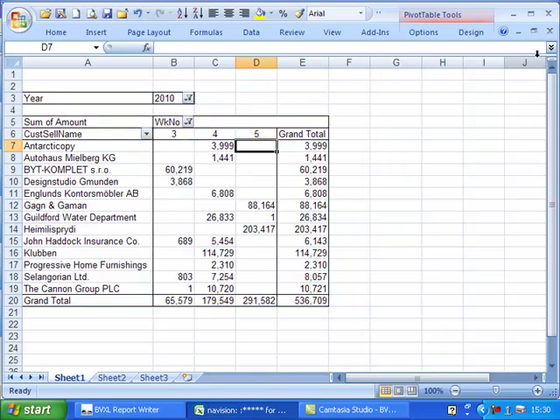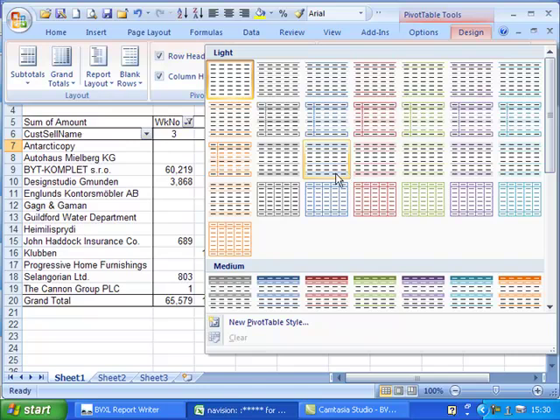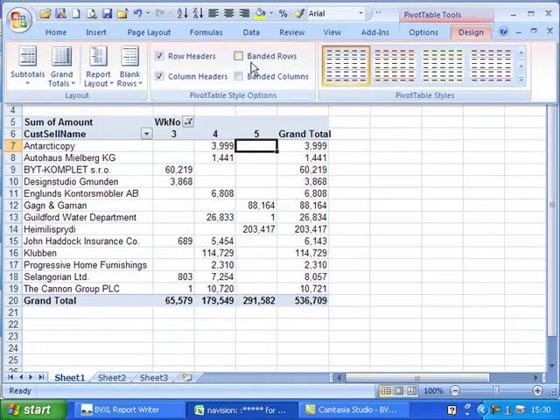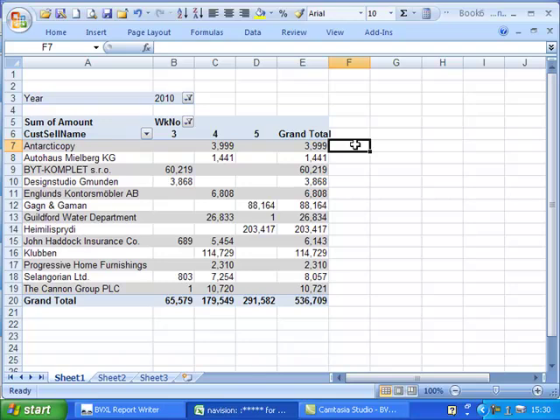And I'll give myself a style. I like blue. And I like banded rows. Okay, so here's my report. Now the first customer is Antarcticopy, and we see they made sales of 3999 in week 4,